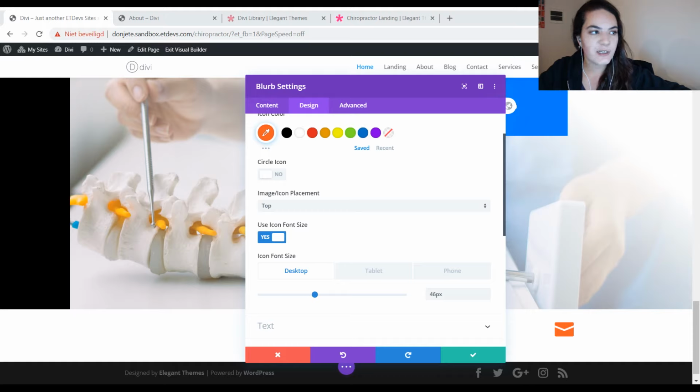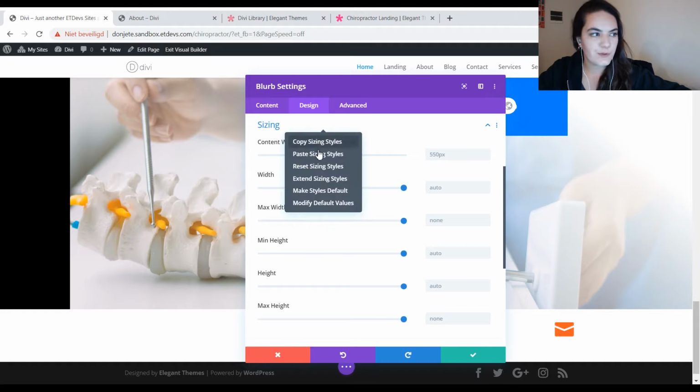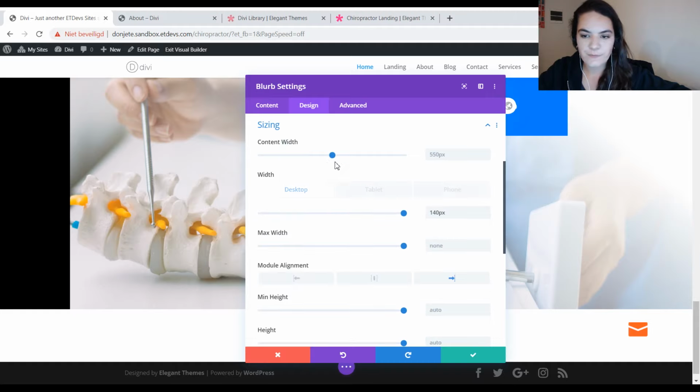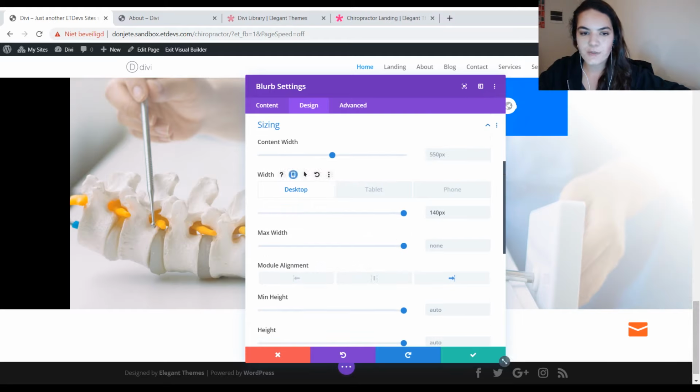And over here, I'm going to add some custom width options. And I'm also going to use right module alignment to place the icon at the bottom right corner of the entire page. So what we're using is 140 pixels for desktop and 105 pixels for tablet and 80 pixels for